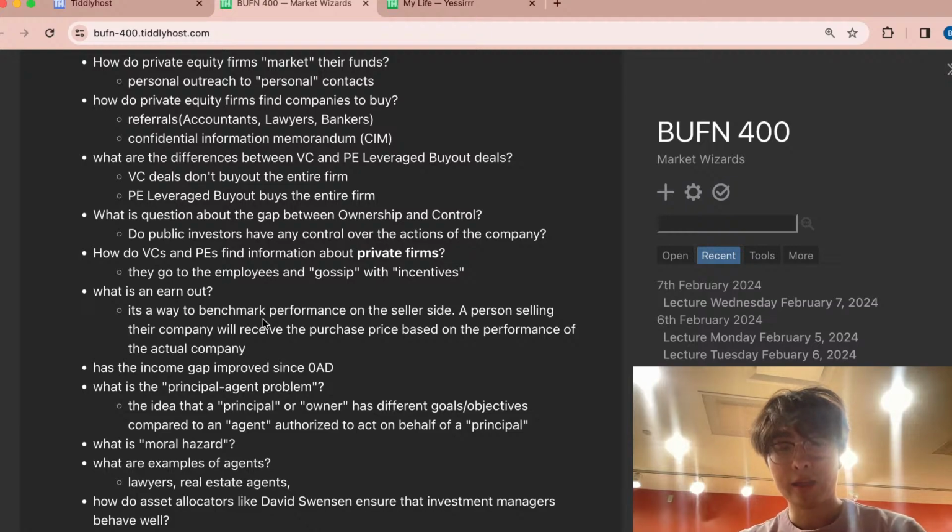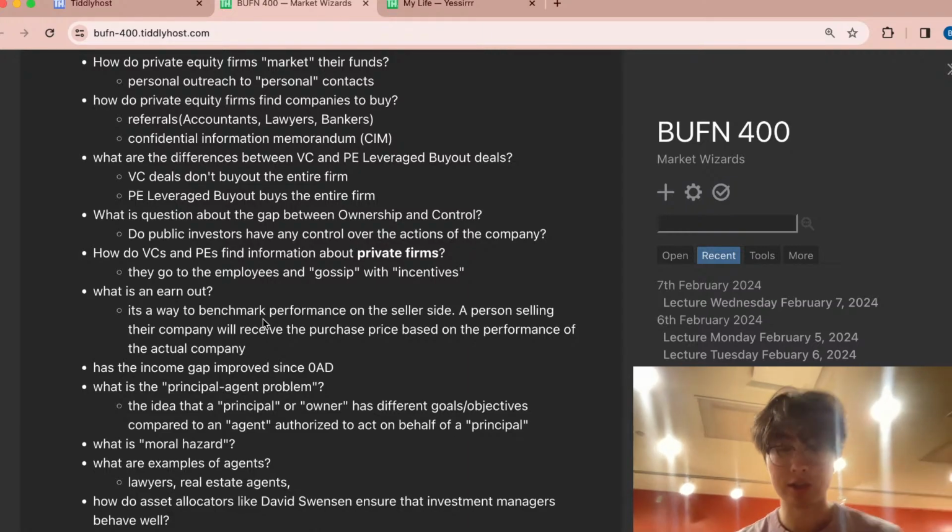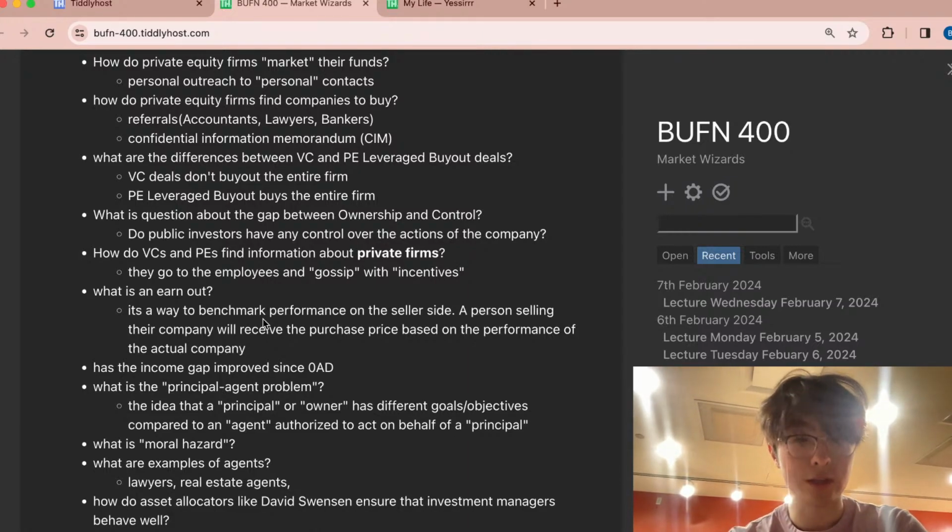And I think the way that we talked about in class was David Swenson. He's the late manager of the Yale Endowment. And so what he really tried to do with hiring private equity managers was he would really create these performance bonuses. He would try to allocate a lot of the fees aggressively towards, I guess you could say, performance incentives instead of just day-to-day management. And so let me try to explain that real quick.